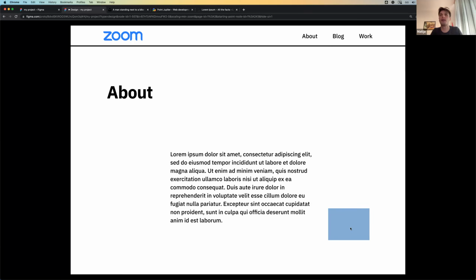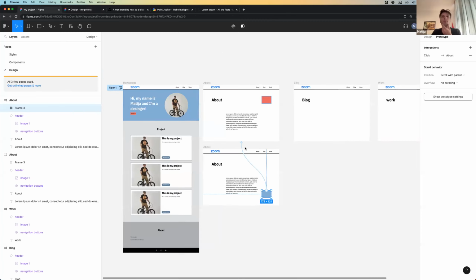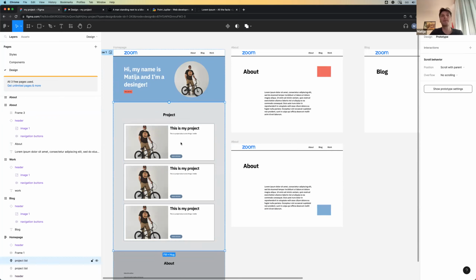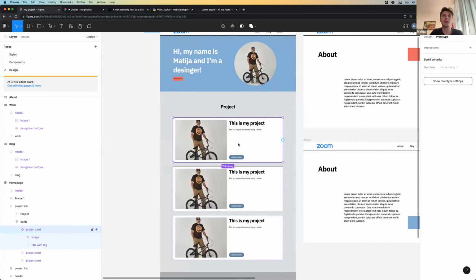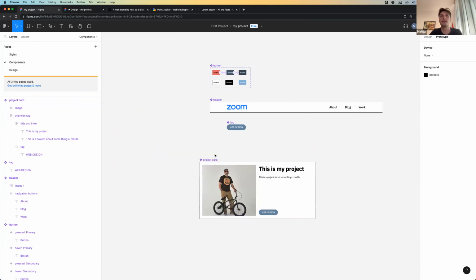Yeah, you can see how it changes from blue to red. So you can play around with all of those options, and you can do a lot of good things. For instance, because this is a component, you can also create this,